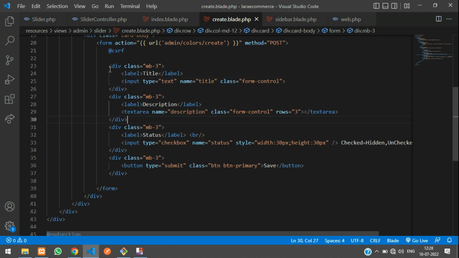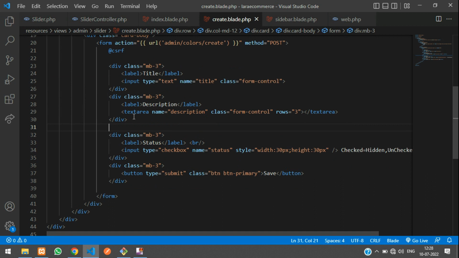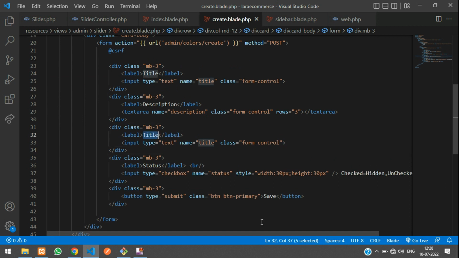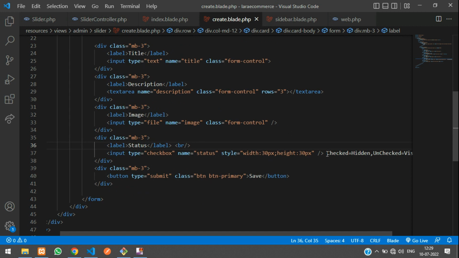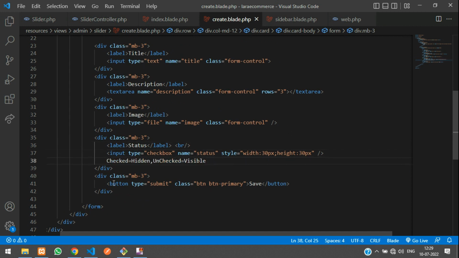So we are missing that. Let me copy and paste. This will be the image, and make the input type file, and this will be the image, and let's end this input. That's it. So now guys, one is the status which we already have done here. Let's say that if it is checked it means hidden, and if it is unchecked it means visible. Okay,